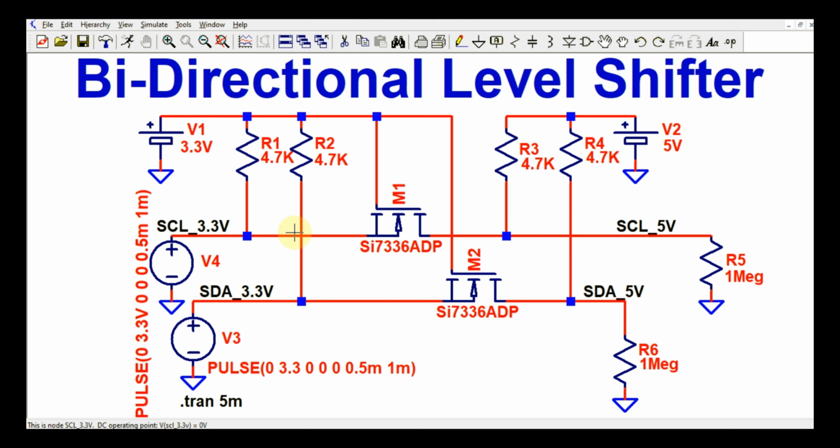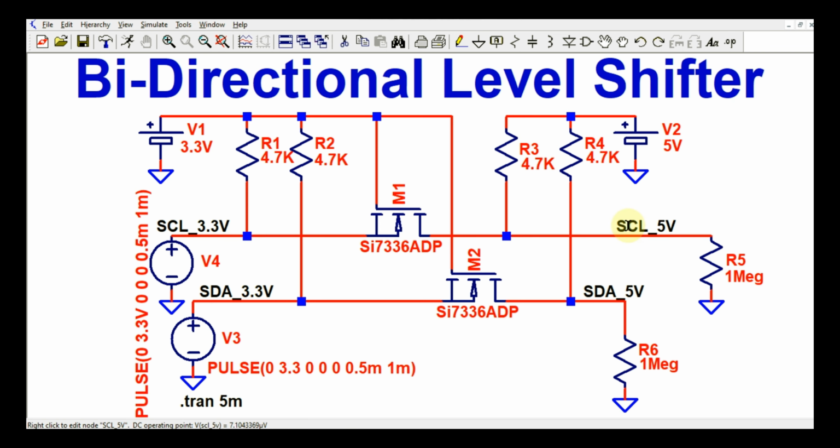So today we are going to understand the bidirectional level shifter in LTSpice. We will understand how this bidirectional level shifter works and what the application of this bidirectional level shifter is. This circuit is most commonly used in the industry to shift the level from 3.3 volt to 5 volt.